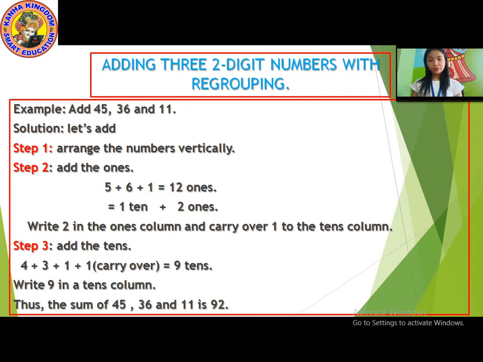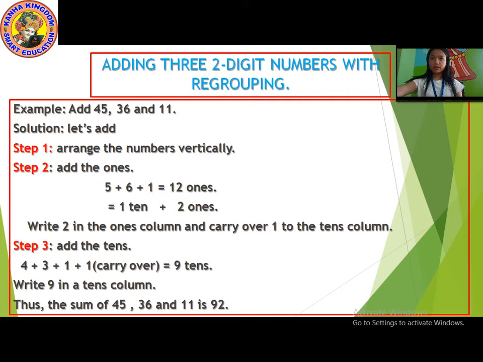We all know that 43 is a two-digit number, 36 is also a two-digit number, and 11 is also a two-digit number, right, student? And let us add these 3 numbers. Okay, student. Now the first step of adding 3 two-digit numbers with regrouping